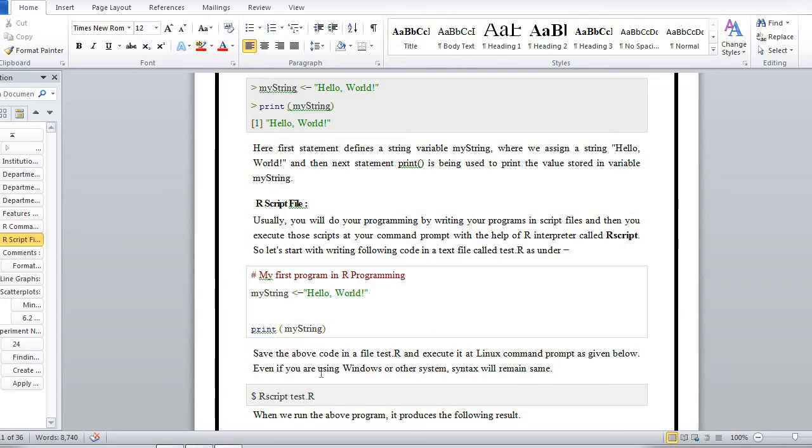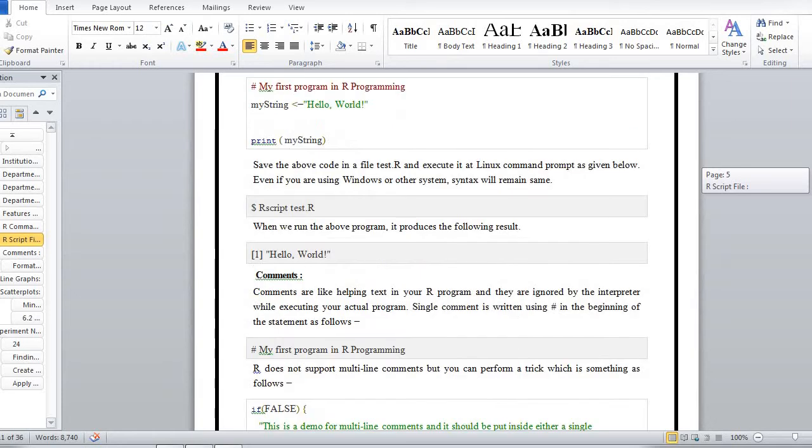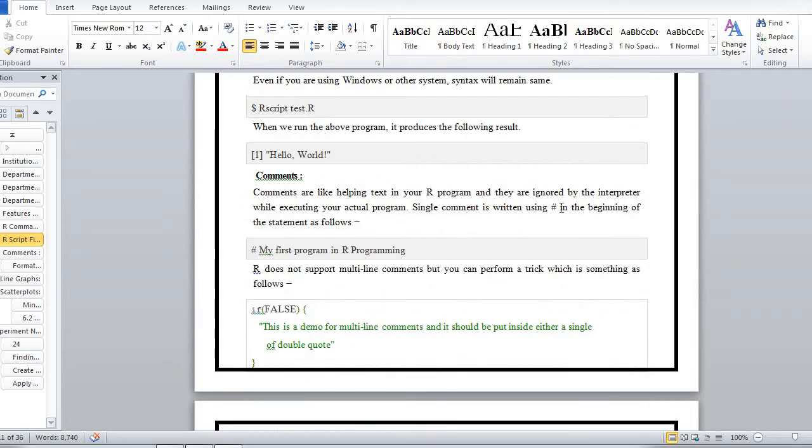Even if you are using Windows or other systems, the syntax remains the same. So here our script is test.r, and when we run the above program, it produces the following result: hello world.